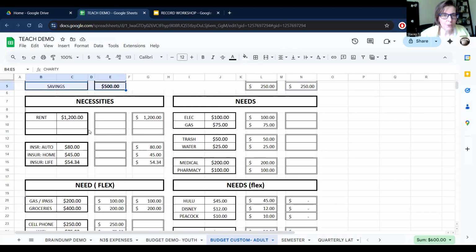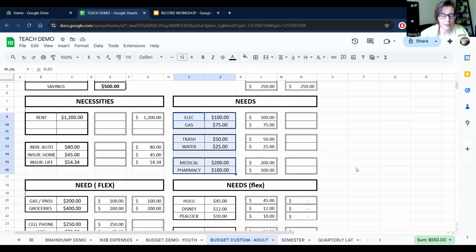Then, as we went through the necessities versus the needs, I think you'll see here how this makes more sense. So necessities, it would be your rent and then your insurances, okay? Then you come over here and these are the needs. Like you need your utilities. These are all utilities.